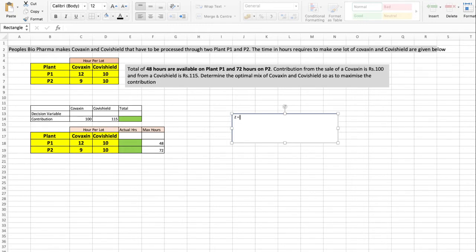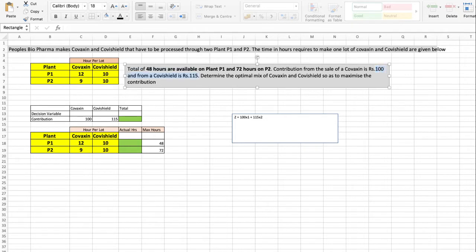Z equals 100 x1 plus 115 x2. Z is the maximization.